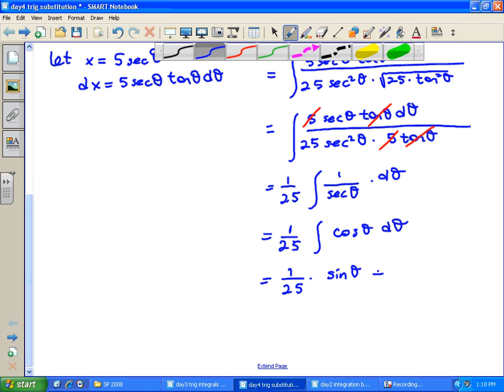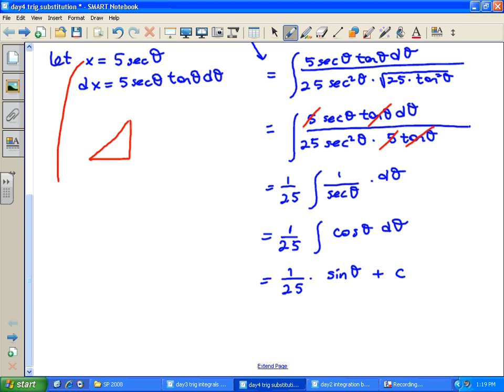Plus c. The only problem with this answer is it has a theta in it, whereas the original question only had x's. So as a last step in every one of these questions, we're going to try to get rid of the theta and bring in the original variable x. And to do that, we're going to need a triangle. And here's how we're going to do that. We draw a triangle where,